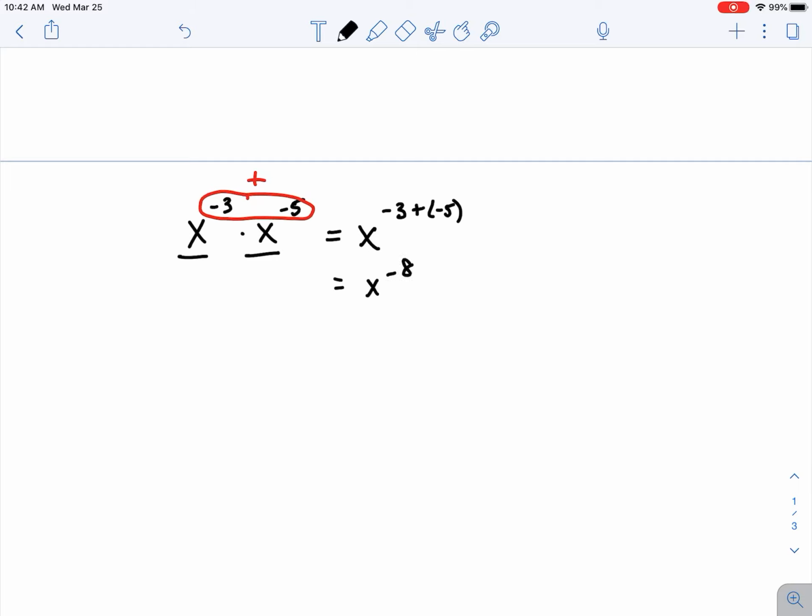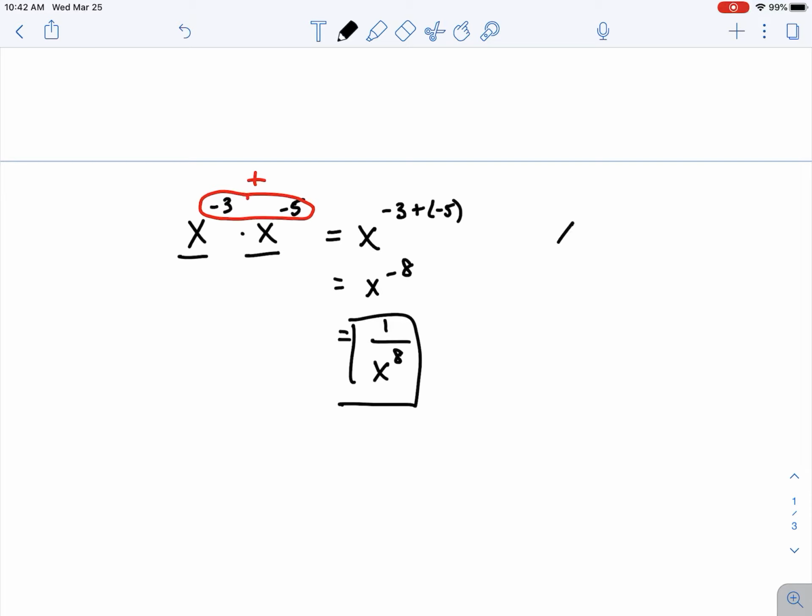Okay, now that is a negative exponent. I want to turn it positive, so I'm going to throw it downstairs and make it positive. And that's my final answer. Okay. The other way that you can do this problem is you can say, I don't like those negative exponents at the beginning,